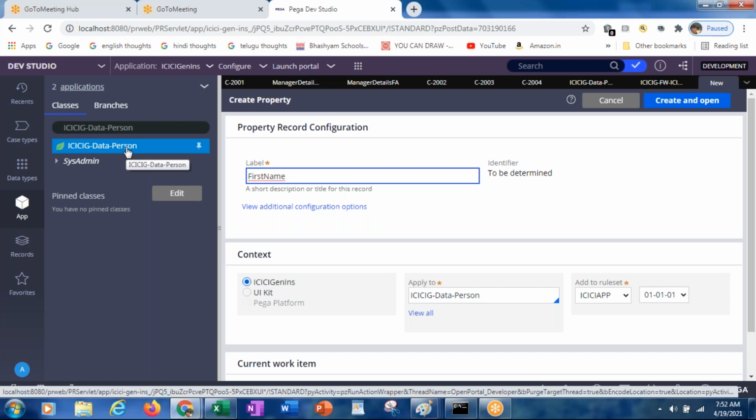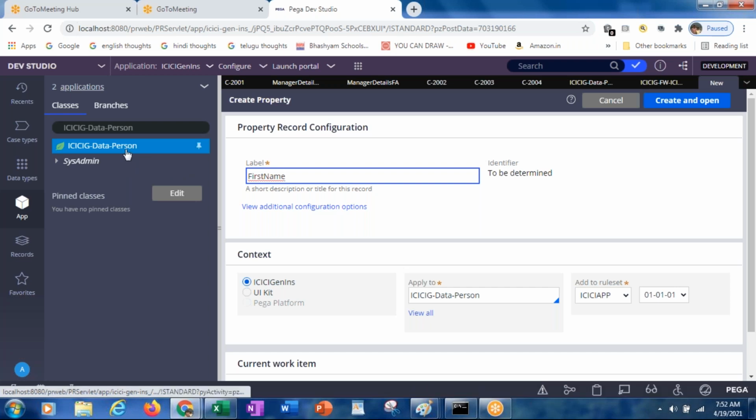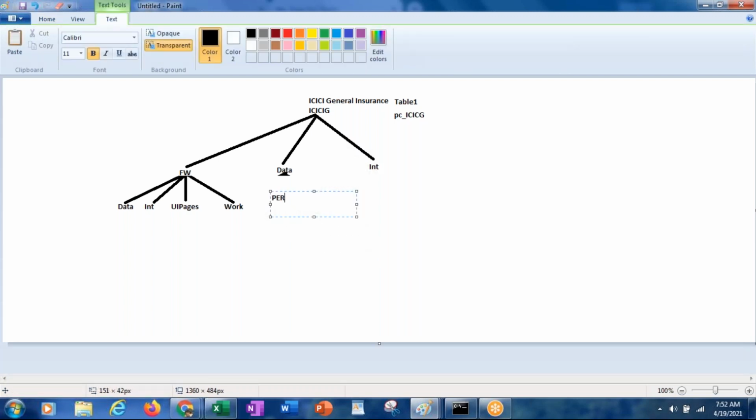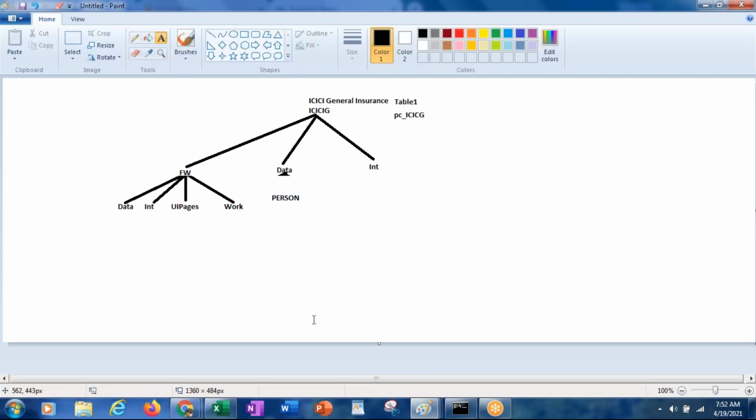Instead of having separate properties for customer, manager, CEO, or clerk, we are creating them under the person class. Under the data, we created one class person, which is deriving from the organization level data class person.